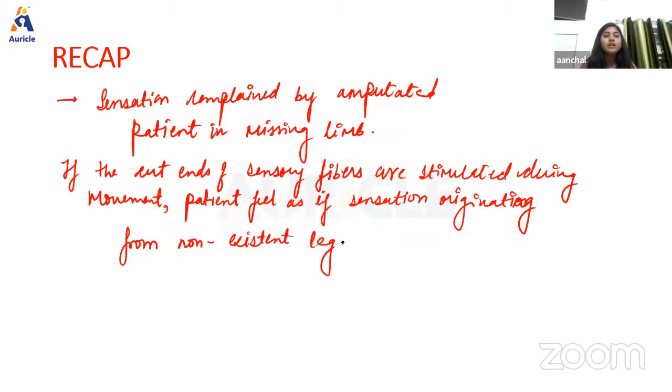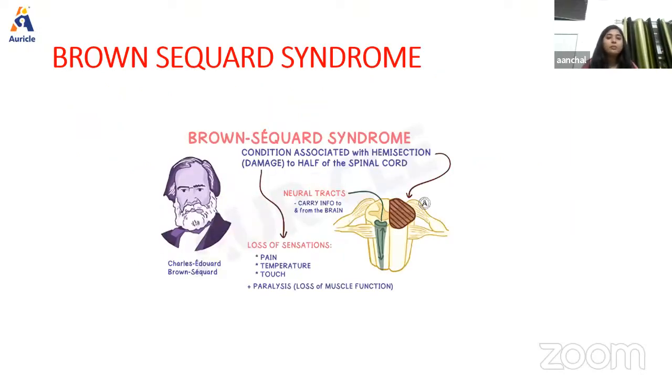Okay, now next we have another topic, that is Brown Sequard syndrome. This is also an important topic, and usually the question comes from this topic. So what is Brown Sequard syndrome? This is also known as hemisection of spinal cord. Okay, so the lesion